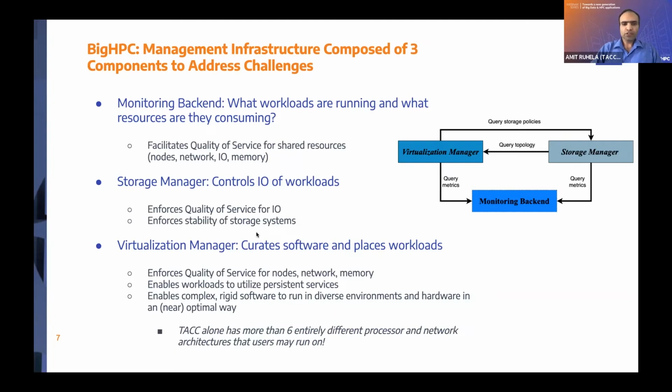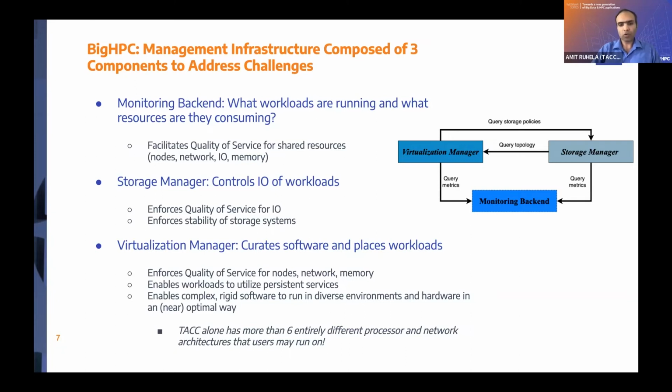The last is the virtualization manager, which performs the curation of software and places workloads onto the compute nodes. The virtualization manager enforces quality of service by taking inputs from the monitoring backend and the storage manager. And then it also schedules the workloads onto the supercomputing systems. It also enables complex and rigid software to run in diverse environments, which is basically portability. And this is not easy, as